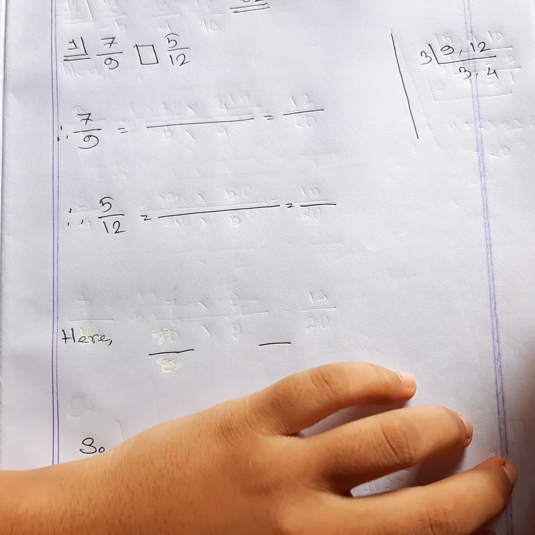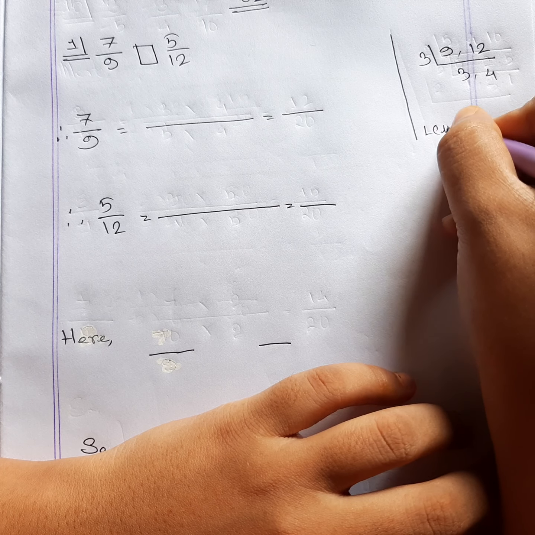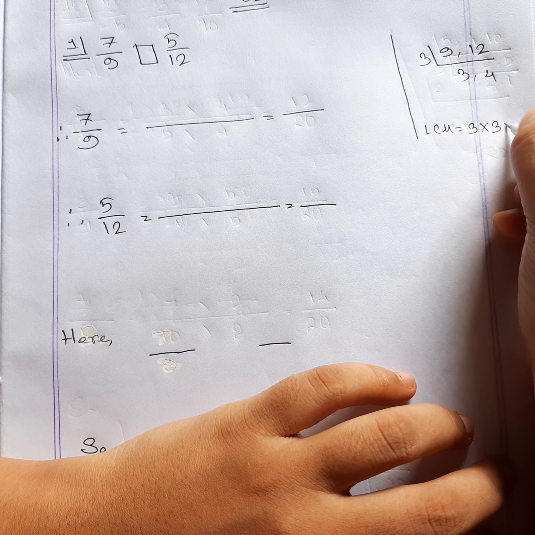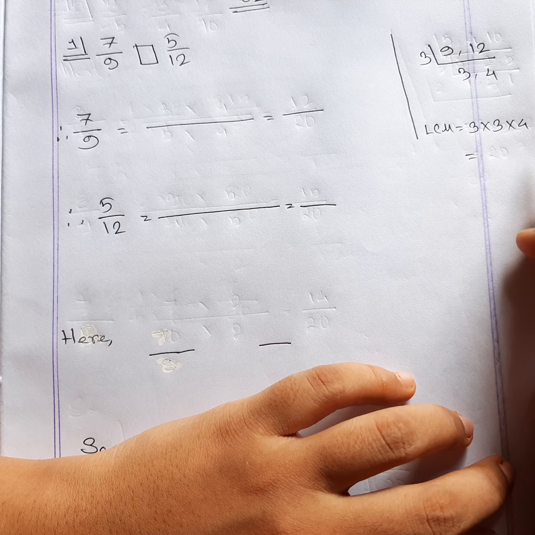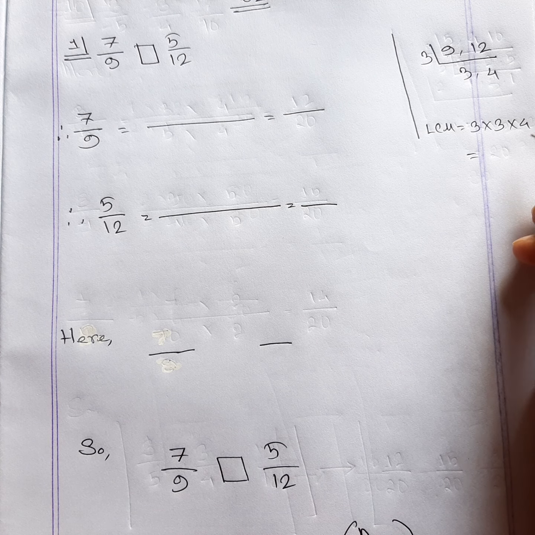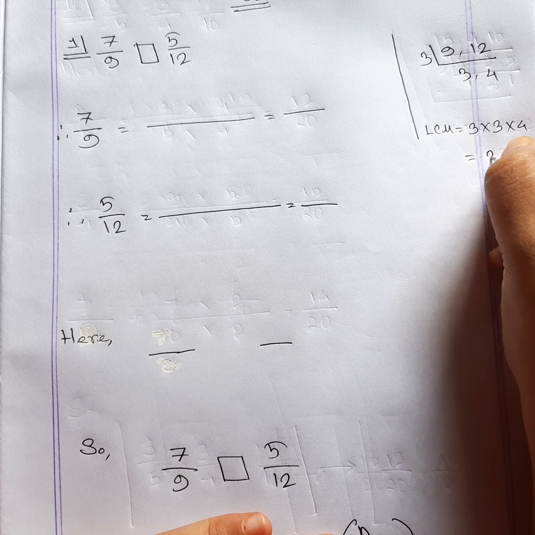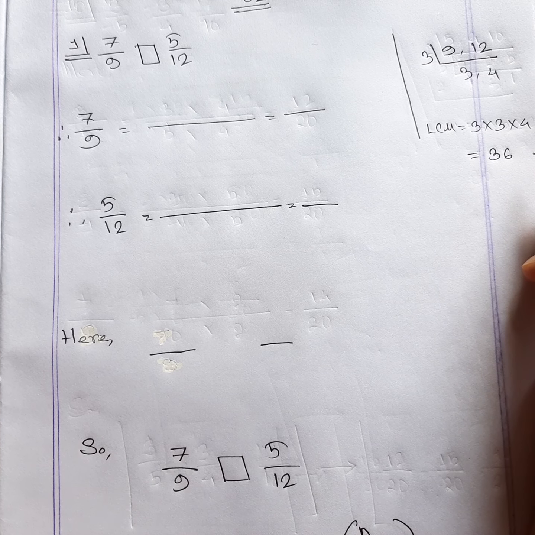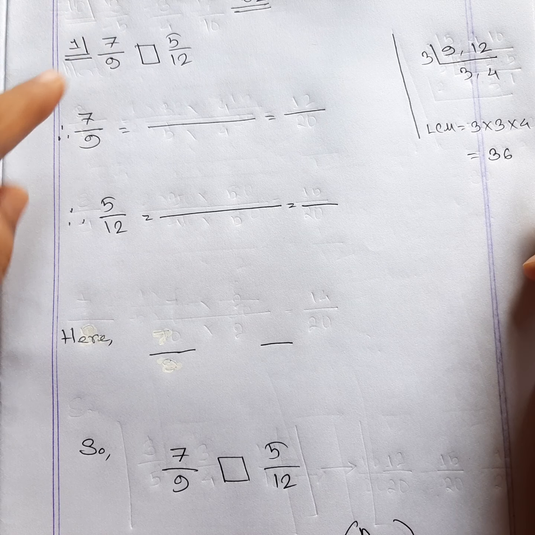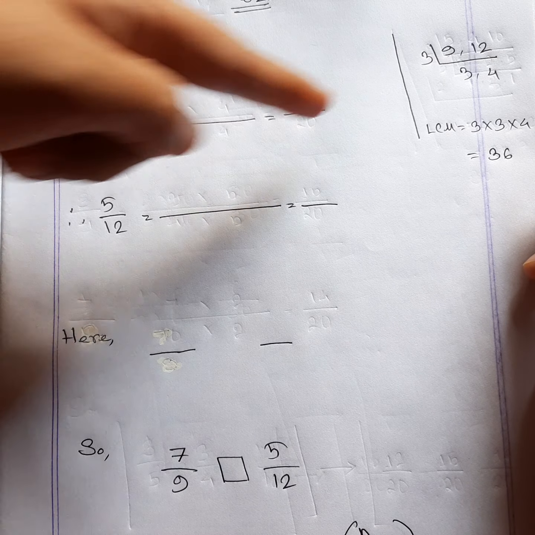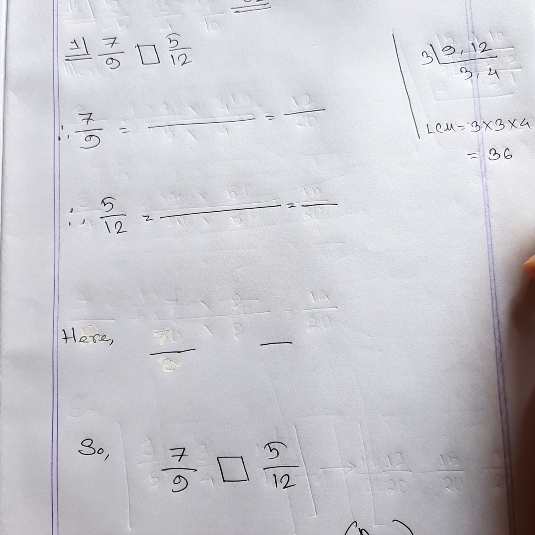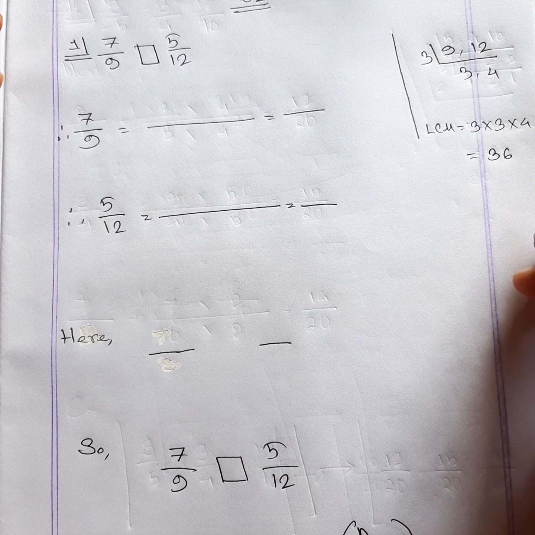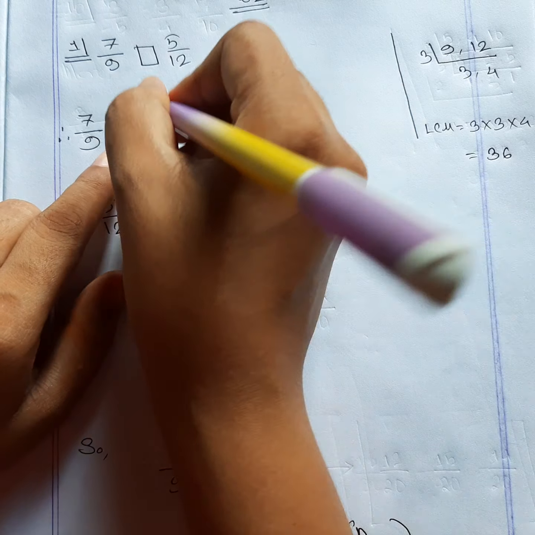So what we are going to do is just find the LCM. 3, all of the numbers we are going to multiply. Result is 36. Now what we are going to do again, and now I am going to do it this way, just to make you understand that you can follow any way, it should just be correct. That's it, nothing else. Okay.